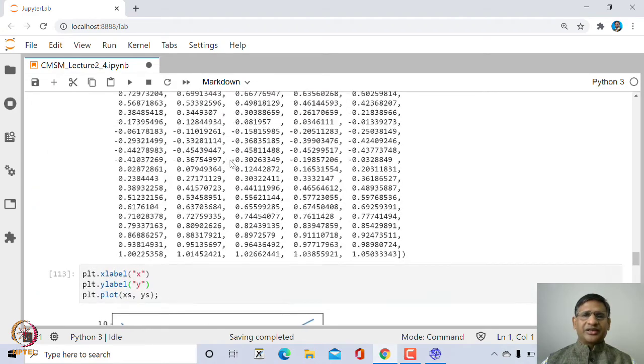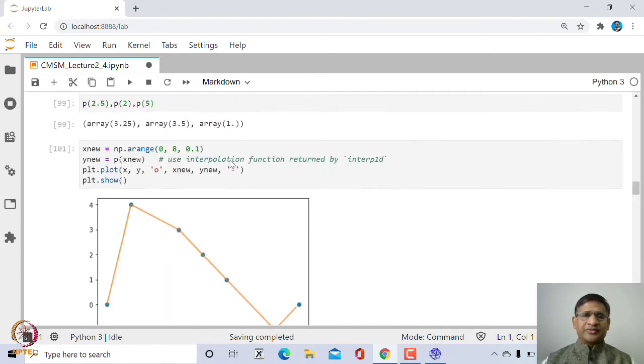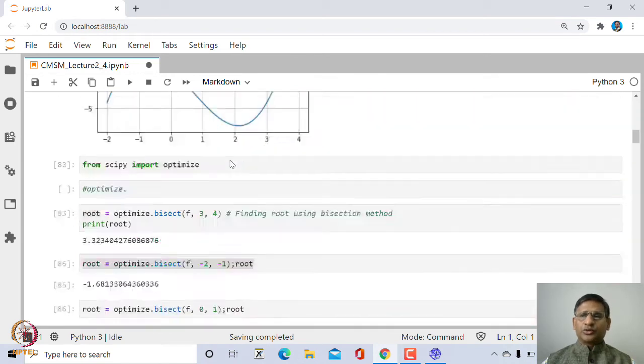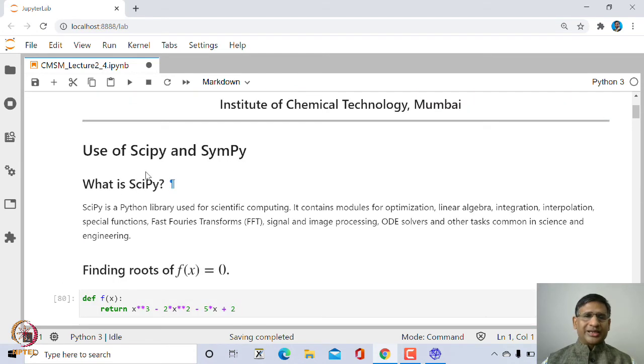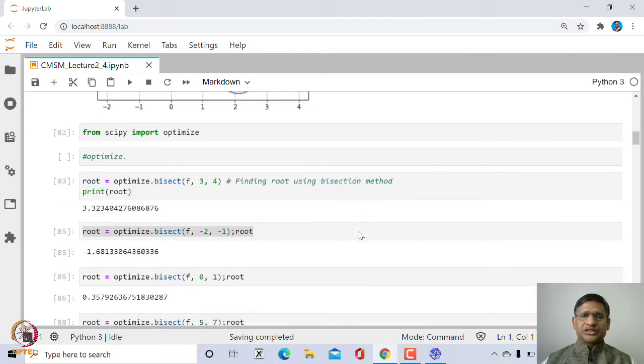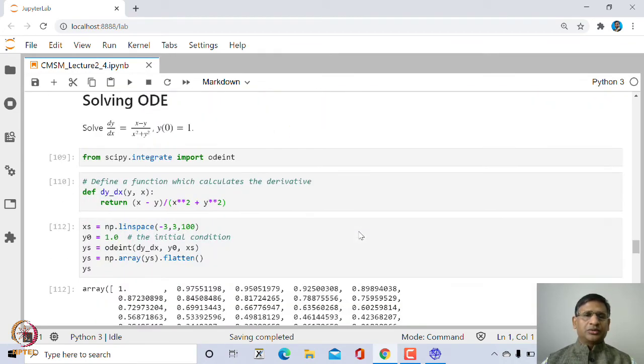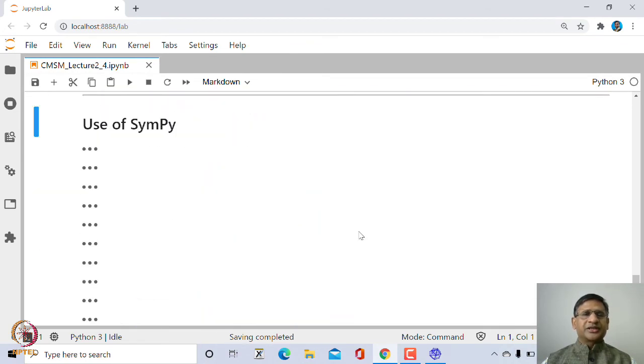Next let us look at how we can make use of SymPy. So as I said, SciPy has many more facilities to do numerical computations. So you can take help on SciPy, or you can go through the help document from its official website and see what other scientific or numerical computations that you come across in numerical analysis can be explored using SciPy. So let us look now briefly at some facilities from SymPy.